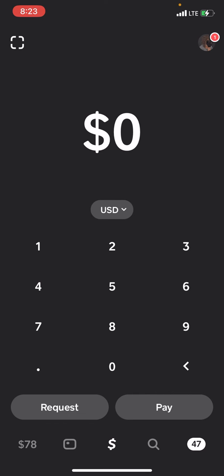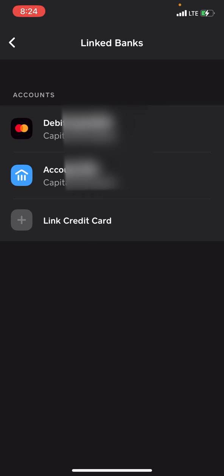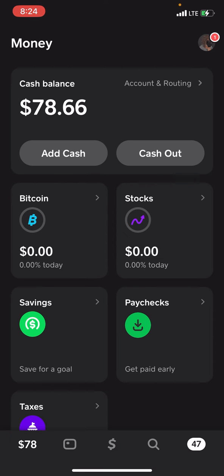We're going to head on over to our profile on the top right here. We're going to head to link banks. If you haven't already, make sure to link your bank account to your Cash App so you can get some money in it. All right, once you've linked your bank account, go ahead and transfer some money from your bank